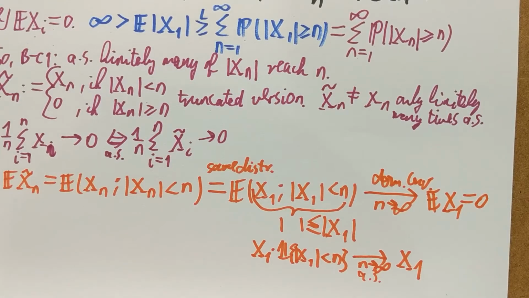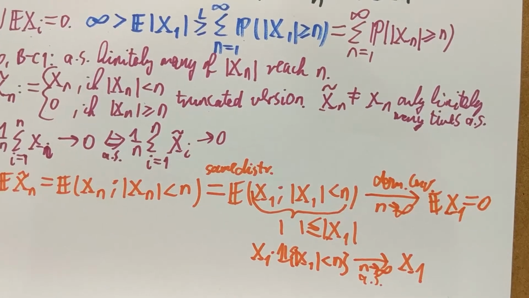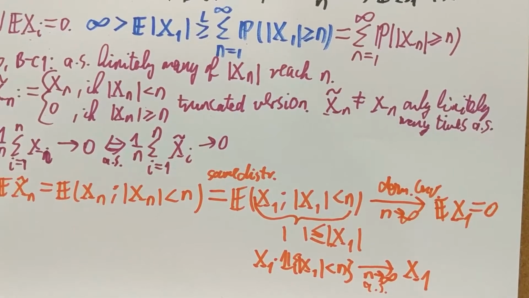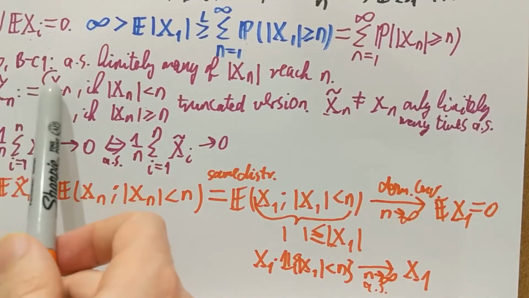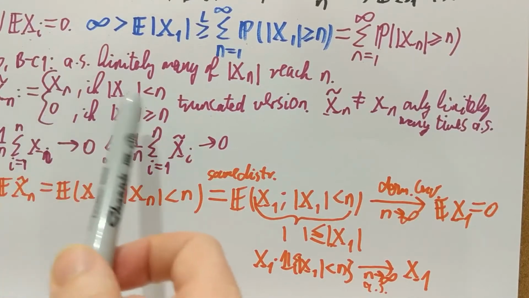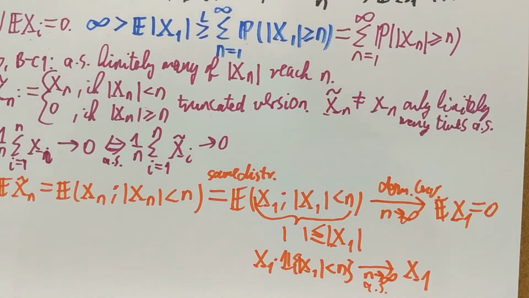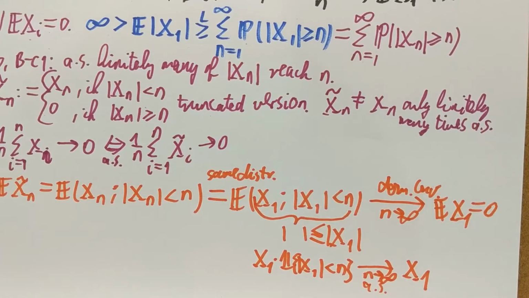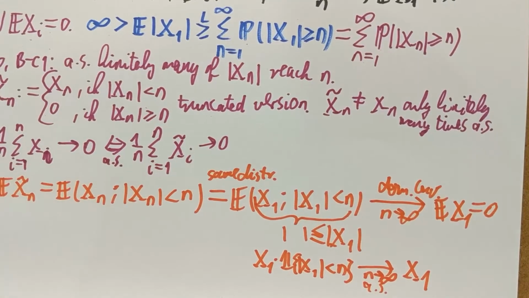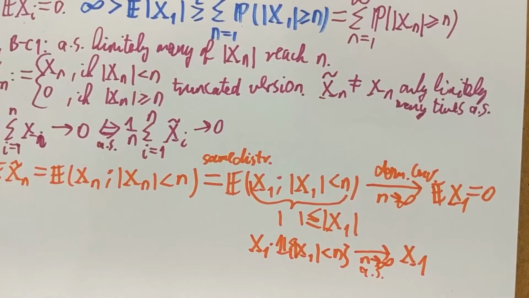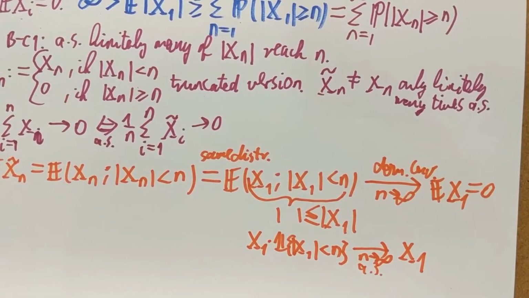Notice something important: the expectation of xn tilde itself is not required to be 0. We truncated a mean 0 random variable, but the truncation might alter the expectation. So in general, it is not true that the expectation of xn tilde is 0. However, this argument shows that in the limit, it still converges to 0, the same mean as x1 had, which was 0. And therefore,